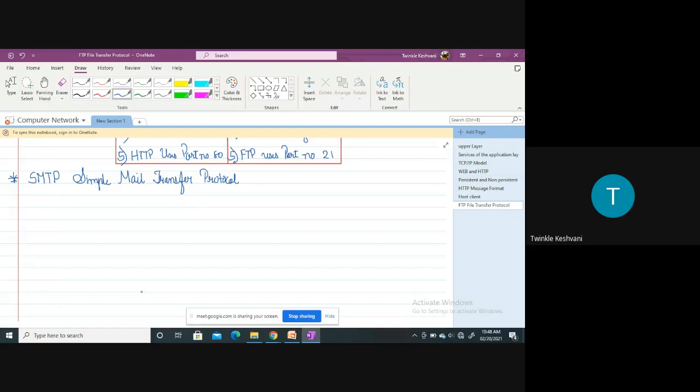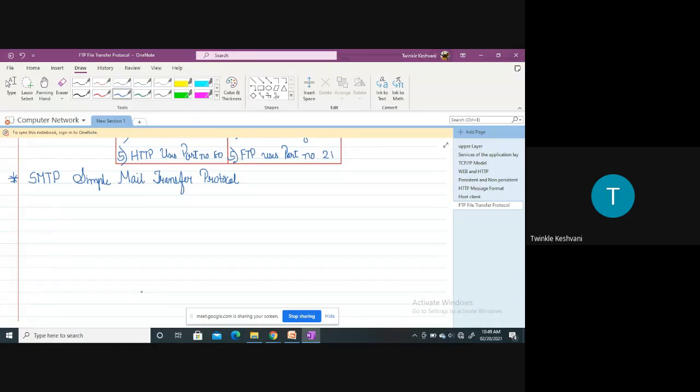Now, it can also send messages on a network outside the internet, right? But what is its main purpose? We can say the main purpose is to set up communication rules between the servers, right? It just frames the rules. It sets up some form of communication rules between the servers, right? So the servers have a way of identifying themselves, announcing what kind of communication they are trying to perform, right?